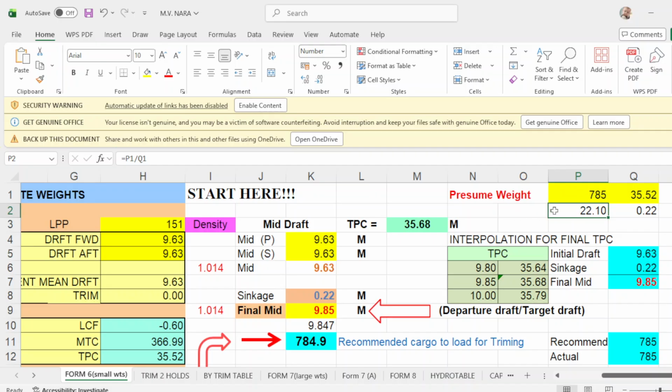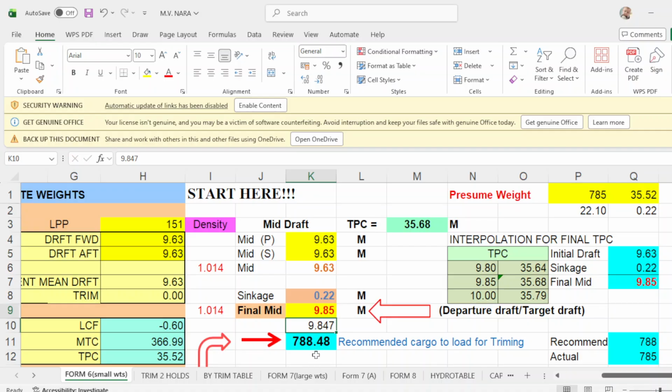So your present weight, presumed weight, divide by 35.52 is 22.10. Divide this 100, then your sink gauge is 0.22. This will be your sinkage, which is this one. So initial drop, your main drop is 9.63, which is this one, plus your sinkage of 0.22, then your final drop is 9.85.